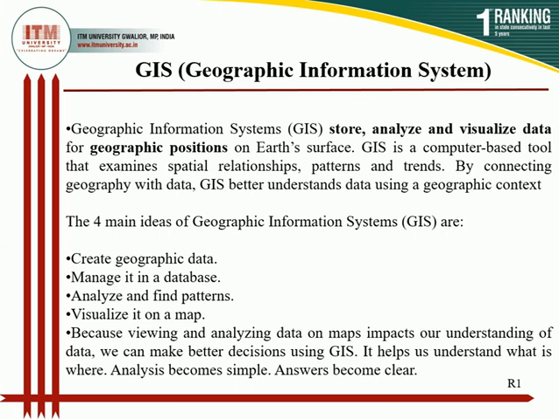There are four basic ideas of the geographic information system. First one is to create geographic data. So firstly, geographic data is created. Geographic data means which type of soil is present in a particular area, which type of hydrological features are present in an area, what is the demographic position of a particular area, the rainfall pattern, the humidity pattern, the temperature variation in a particular area, like that. These are all the geographic data.